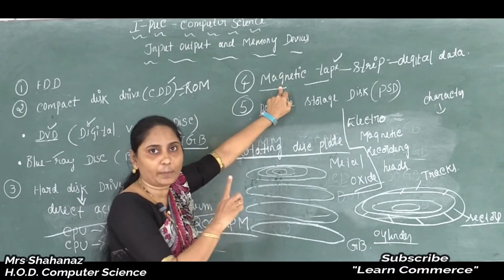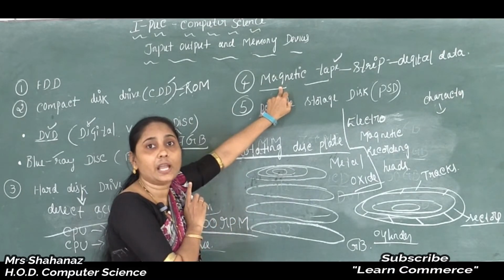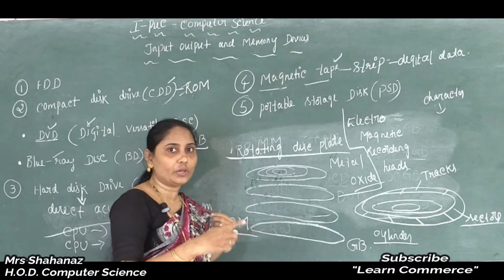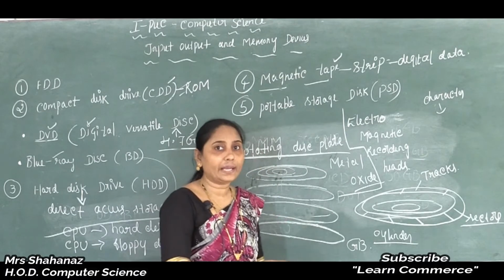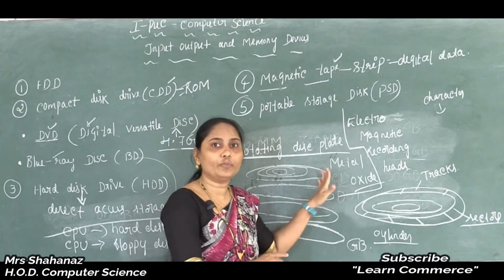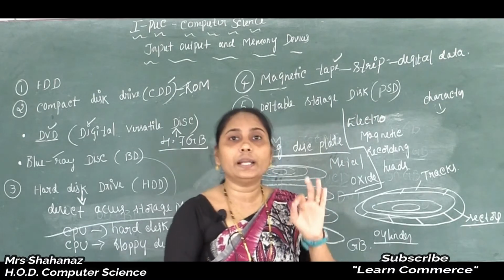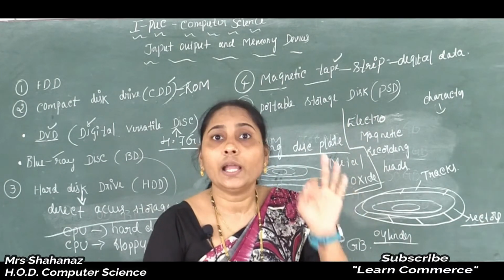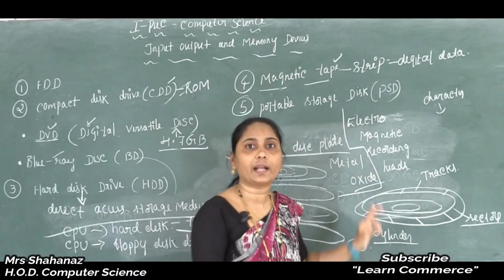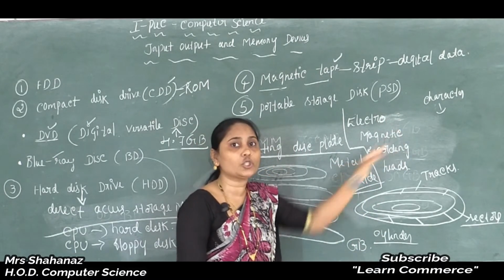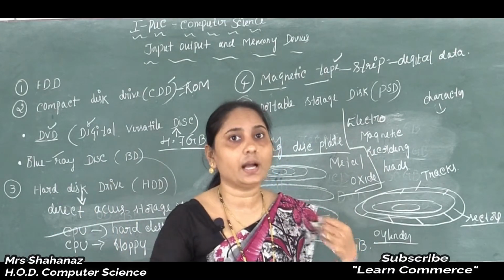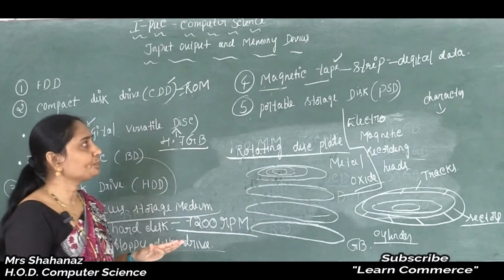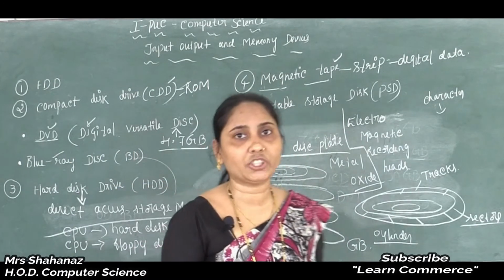That means one example for the magnetic tape is the audio cassette, which cannot be randomly located. Clear? We need to read one after another. Why do we need to read one after another, the sequence of characters or the music here? Because the read and write heads are placed in each track. So because of this, the data is recorded and read as a sequence of characters one after another. So this is some explanation about our magnetic tape. Clear the explanation about the magnetic tape?